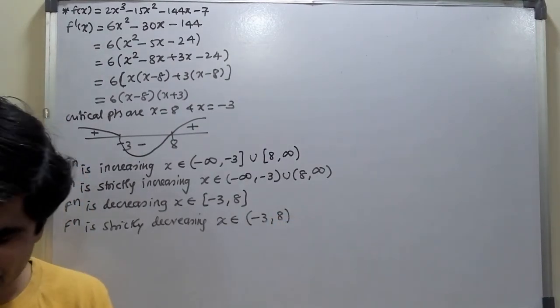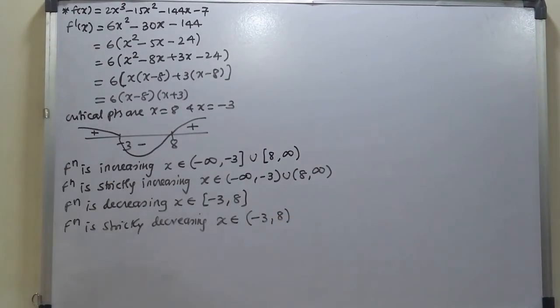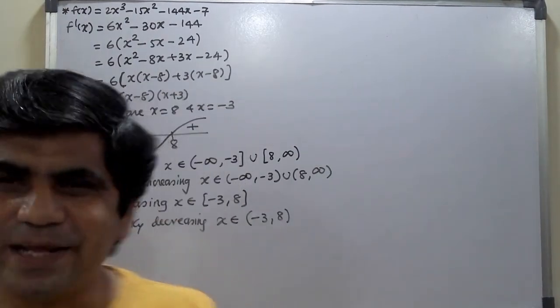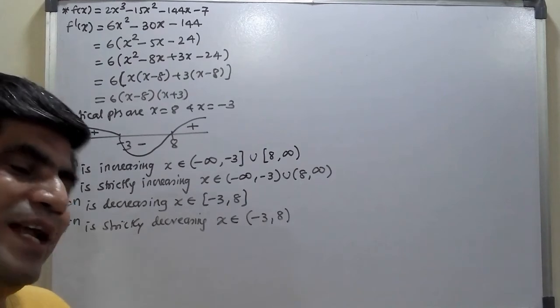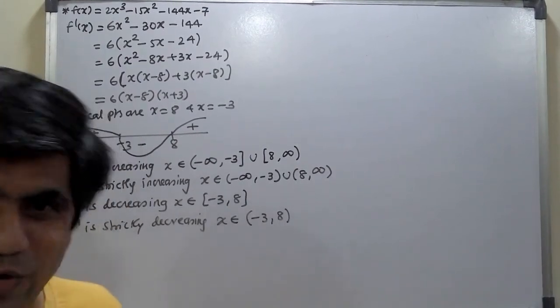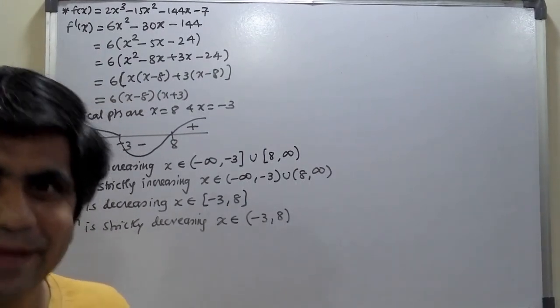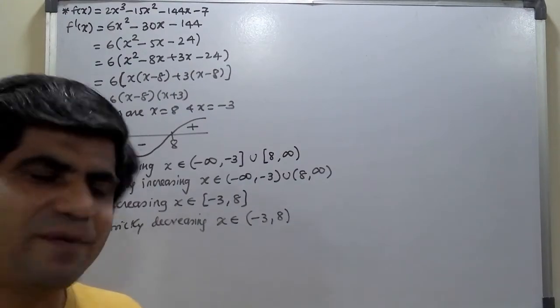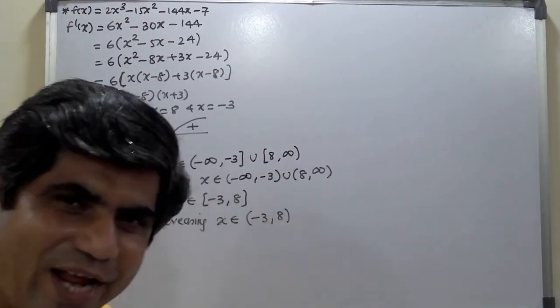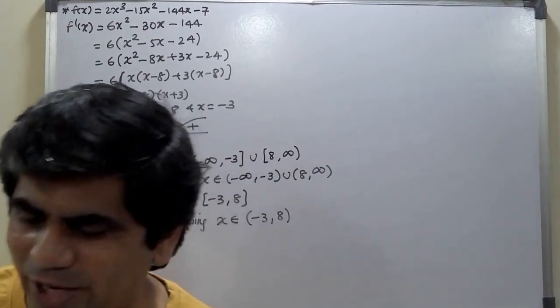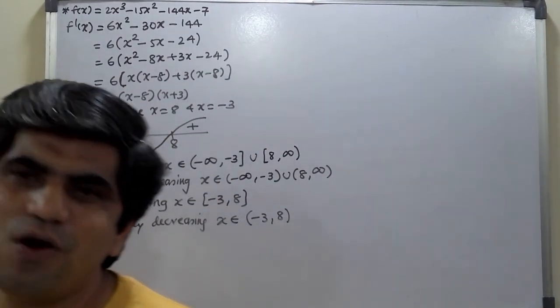Wasn't it easy? Yes, it is very easy using the wavy curve method, but it depends on the marks allotted. If the marks are more, then you have to do case 1, case 2 and then proceed. But if the marks are not there and it is asked in an objective question, who is going to see what you are doing? Use the wavy curve method and get the points.